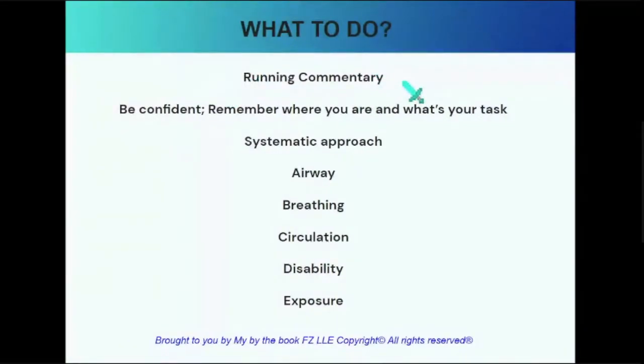It is expected of you to verbalize each and every step that you're doing. This is not wrong. Please don't think that I might sound like a fool doing this, or I shouldn't be doing this, or I shouldn't be doing that, or this was not what was taught to me. Please refrain from thinking those kinds of thoughts. You have to do a running commentary. Why? Because if you will not speak, you will not get scores.